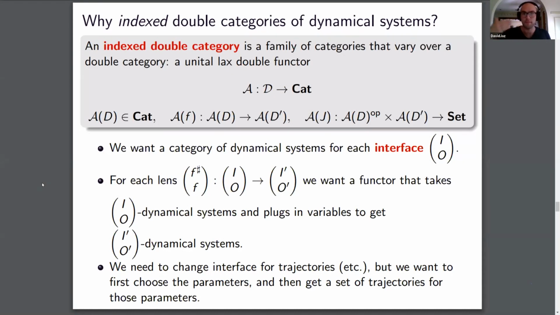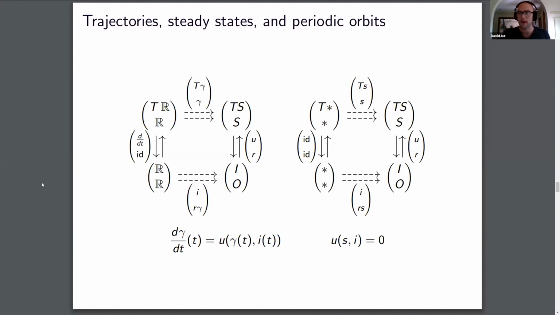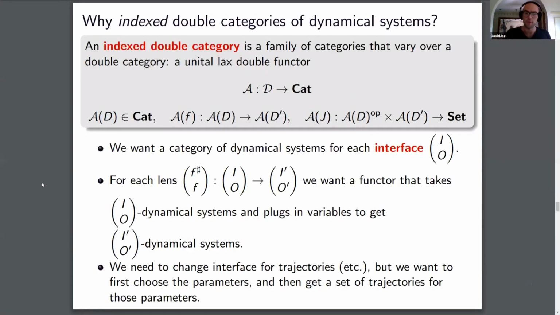We need to be able to choose a path of parameters. But we want to have the freedom to choose our parameters first. So the way I was talking before, if I go back 2 slides really quick, it looks like the definition of trajectory I'm giving here is gamma and I, this pair of choice of parameter and a path that satisfies this equation. But usually I have the choice of parameter in mind first, and then I ask, what are the solutions? And so that comes out naturally of this index double category, because to every horizontal morphism,